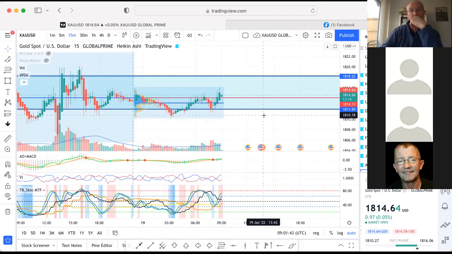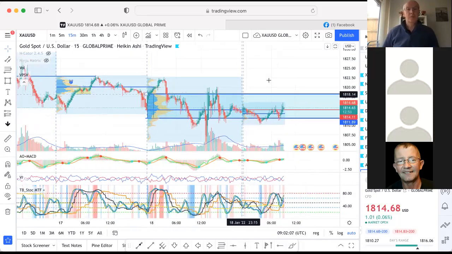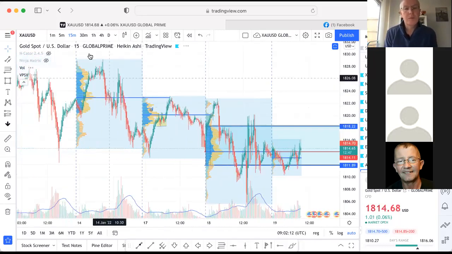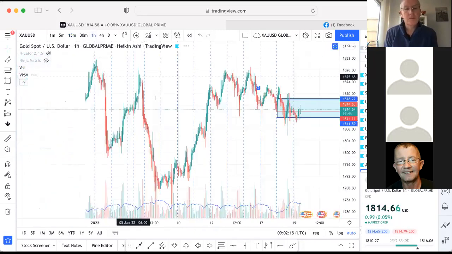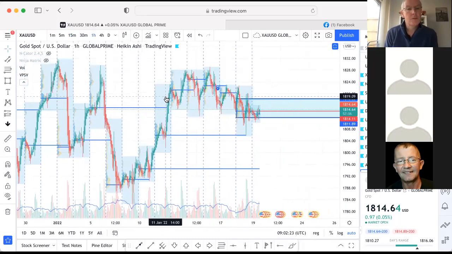When we get to sort of 1 o'clock, 2 o'clock, 3 o'clock, it may decide to go on a wander. If it does decide to go on a wander, I suspect it's actually going to go down, and I'll tell you why. One of the things that I'm using at the minute, I'll get rid of that distraction. If you zoom in, it's perhaps easy to do it on a 1 hour chart. So we've got exactly the same information, I've just changed the time frame. But what I've got now is